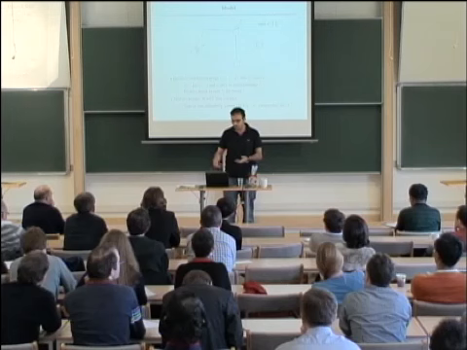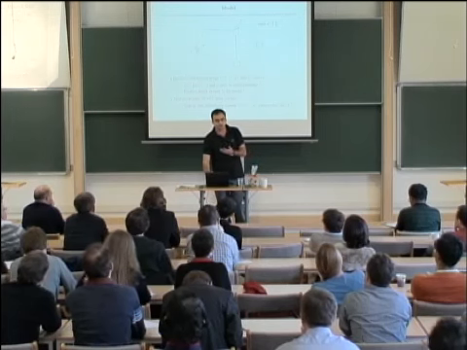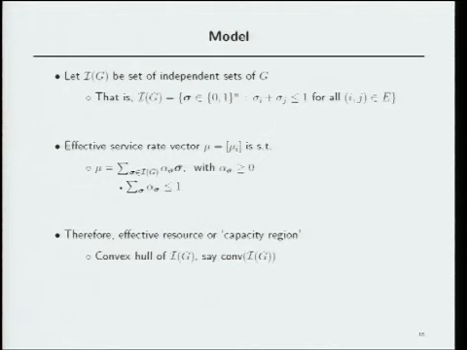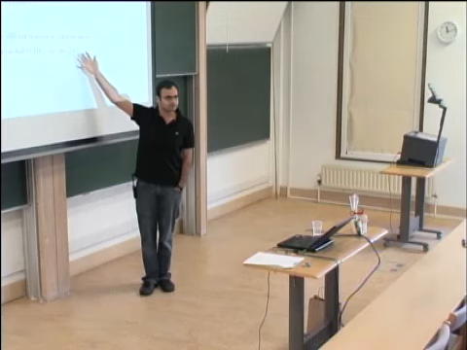So the effective resource is defined as nothing but the convex combinations of these independent sets. And more formally, let's use the notation that the set I is the set of all such independent sets represented as vectors of 0, 1. Then the effective service rate provided by any algorithm must be of the following form. It's a convex combination of these independent sets. And the interpretation of, say, alpha sigma in this convex combination is just the fraction of times the specific sigma schedule is used by some algorithm. Okay. So that means the resource is nothing but the convex hull of all these independent sets.